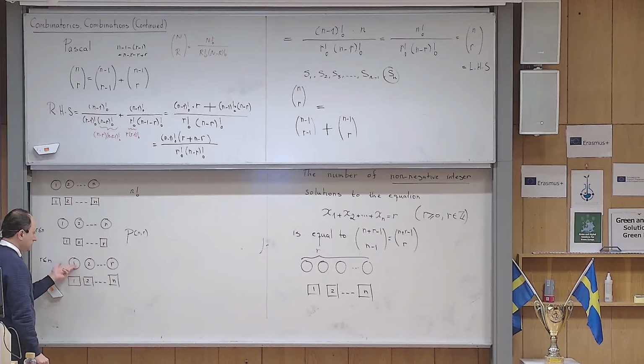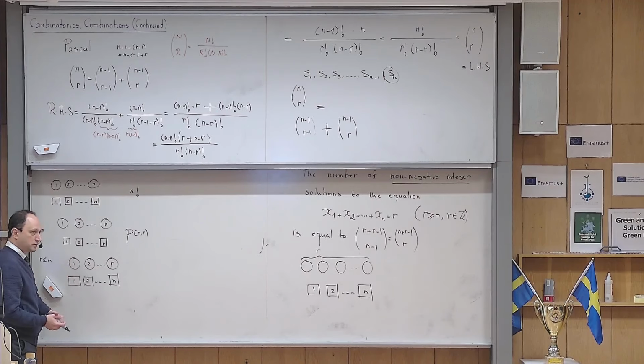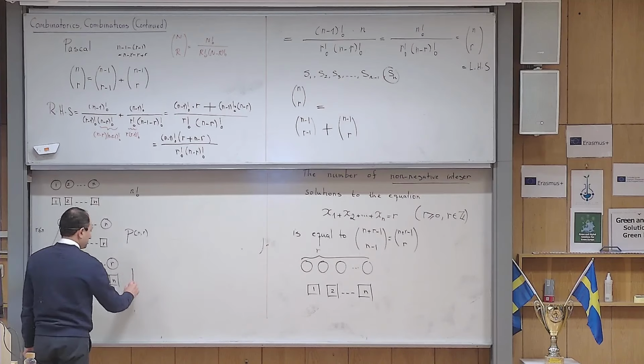I want to distribute them here, but the constraint is that every box receives at most one marble, because of course the number of marbles is less than the number of boxes. I cannot put at least one in any box. So if I want to say that each one of these boxes either receives nothing or at most one, the answer to this distribution model is also